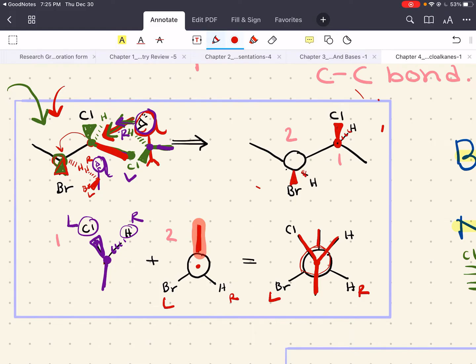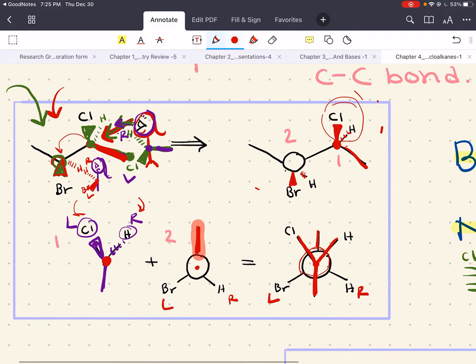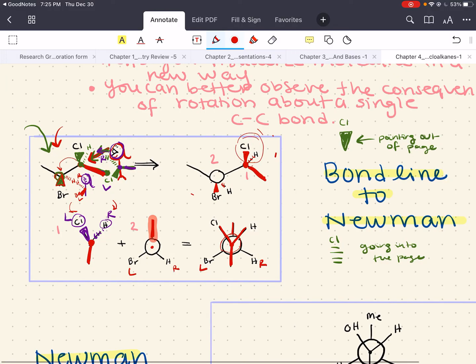All right, we're going to draw our front carbon as a dot. And we've drawn it as a dot here, okay? These two groups are at the top, so we have to make sure those two groups are drawn at the top. And this branch is kind of tilting down, so we've drawn it at the bottom. Your Newman projections are always going to have this style, where you have